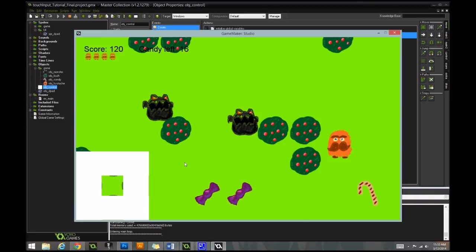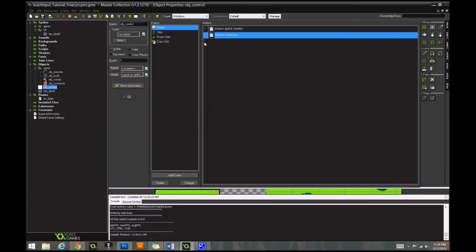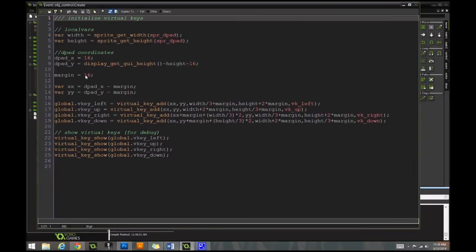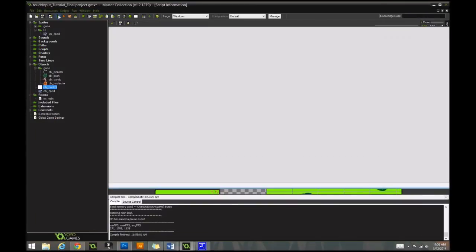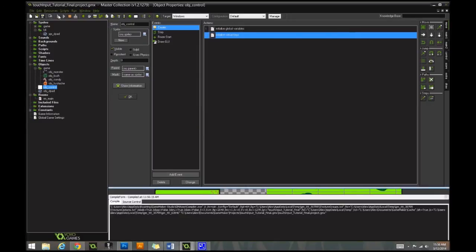Although, through my own screwing around with it, what I sort of found out is that it's more convenient when you can just trail your finger out a long ways. So I made the margin pretty big. It doesn't hurt. It doesn't really change the way the controls work. It just adds even more room for error, which the player won't usually use, but it's convenient to have. So if we make the margin 128 pixels, you'll see now it's still centered on the D-pad, but it's